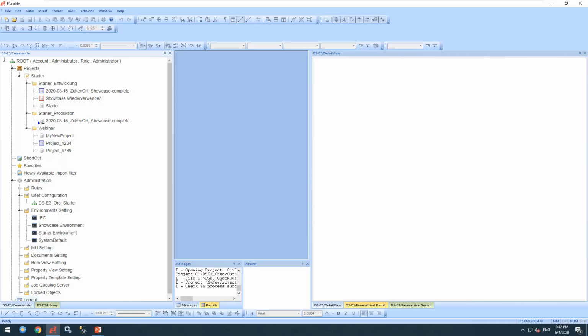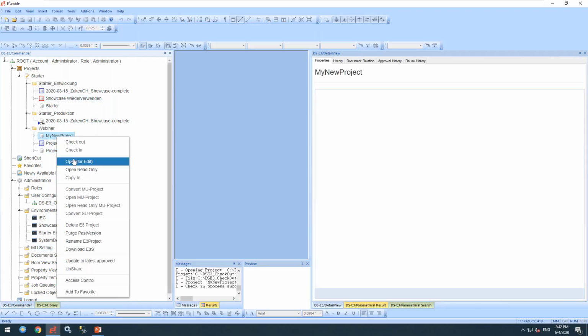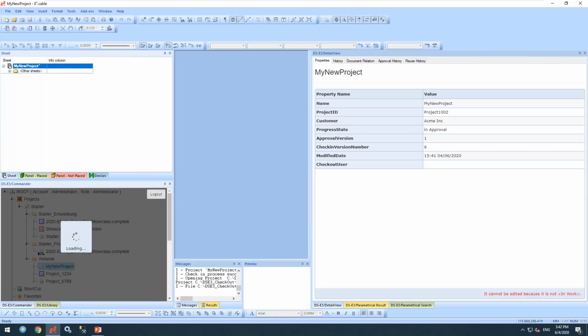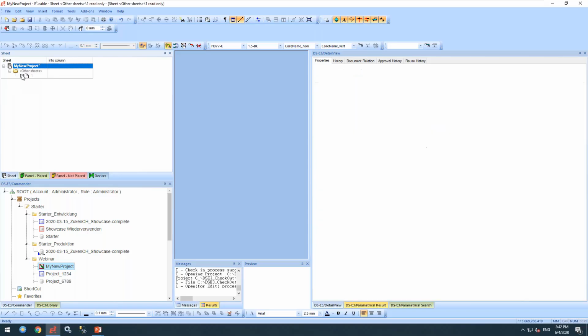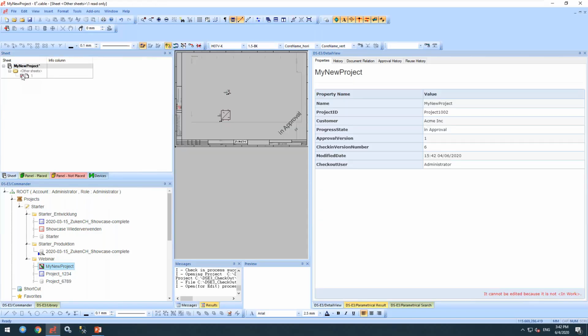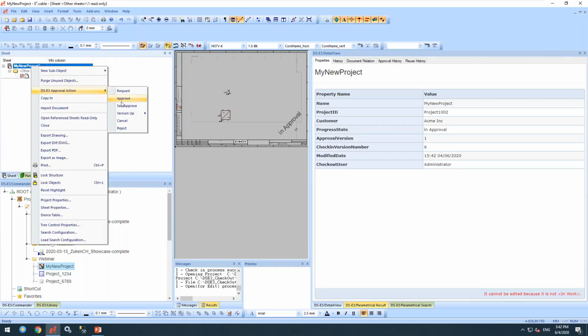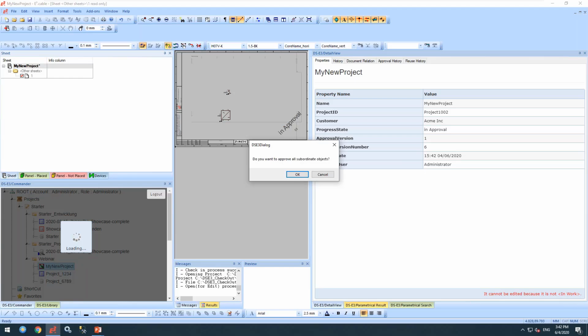And as an administrator, I'm going to approve this project. So in this case, what I'll do is I'll open that project up. I'm going to do a bit of checking on the document. You'll notice that it's still locked. It's in the approval state and grayed out. I can do the checks on this object. If I'm happy with it, I can approve it and grant that approval, or I can reject it. In this case, I'm happy with the approval, so I'll just do the approve,